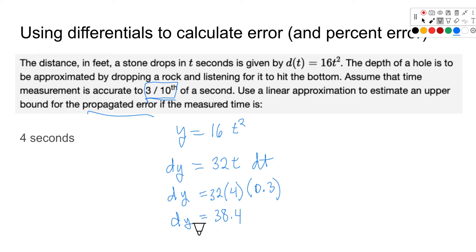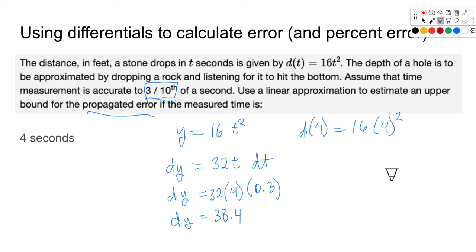If we plug it into the original equation, 16t squared, that'll give us what our measurement is. So we put 4 in there. For the second part that I'm going to have you do, we're going to need that. So d of 4 is 16 times 4 squared. 4 squared is 16. 16 times 16,